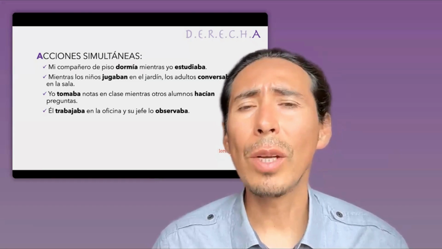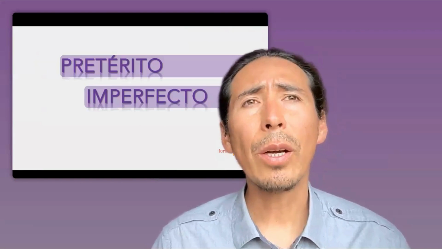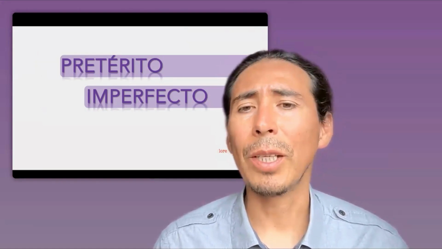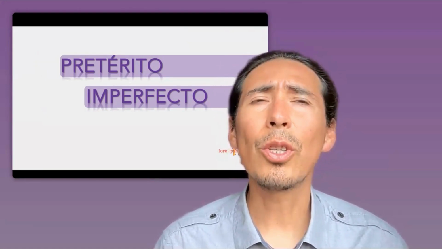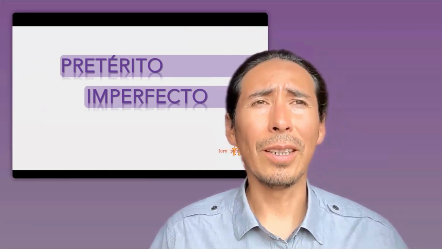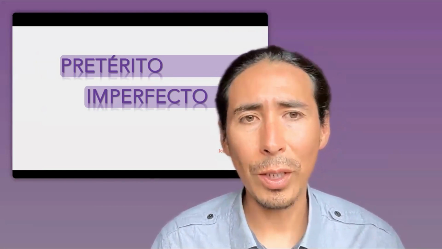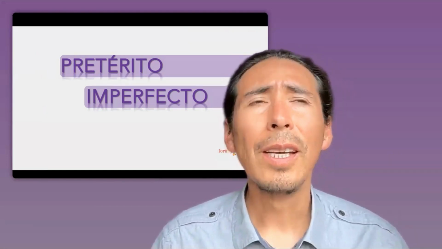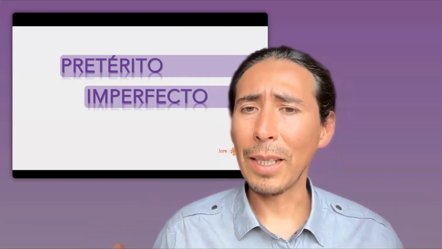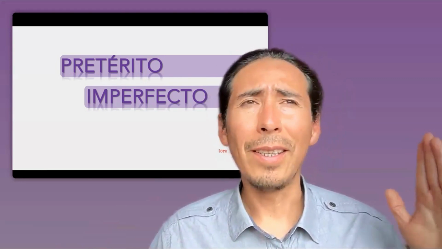Another thing really, really important about the pretérito imperfecto is when we are going to talk about the background of a story. It's perfect, the pretérito imperfecto. So it's not just used when we are following all these rules. Also, we can talk about the background. All these rules we were doing are the background of the story. Yeah, and actually, remember, if we are going to make a difference between the imperfecto and the pretérito, the pretérito is just for moving forward in a story.